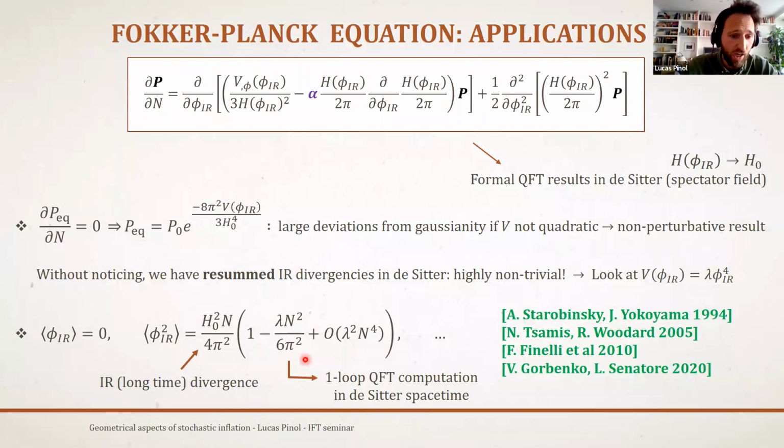So that's something non-trivial. And even more importantly, this is a one loop result in quantum field theory. But you see that if you would like to have the long time value for your 2-point function, what you will need to do is actually to compute the infinite series of loops to resum it, because it is a divergent series. But this is exactly what the stochastic formalism does for you when you ask that this PDF is at equilibrium. So actually, by writing this, you have resummed all the loops that have never been computed. I don't think even the 2 loop has been computed. So we have resummed all this infinite series of loops in this result with the stochastic formalism, which is quite amazing.